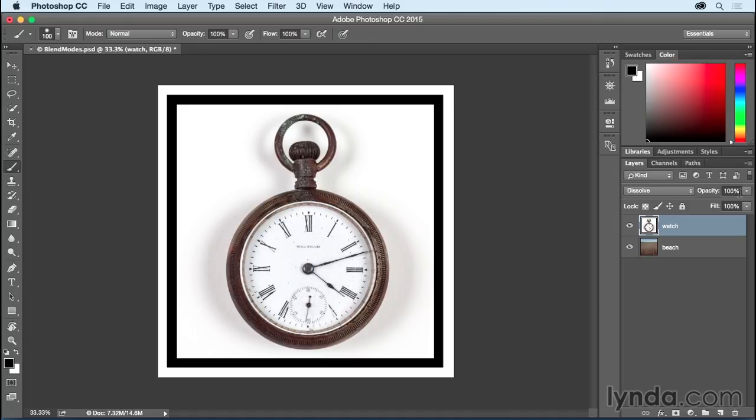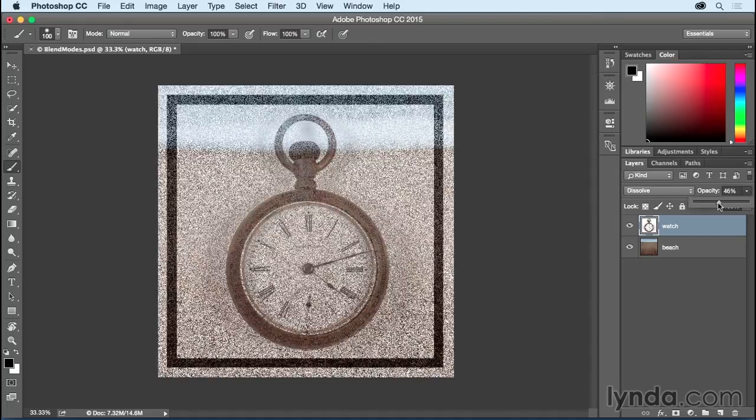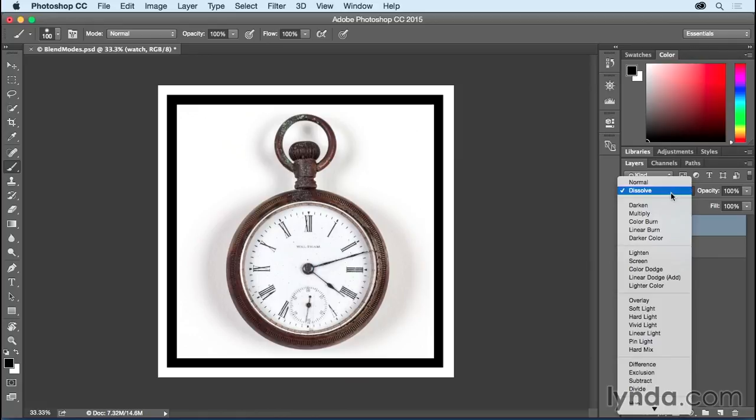Again, nothing happens at 100%. However, this time when I change the opacity for the Dissolve layer, all of a sudden some pixels are randomly replaced, revealing a speckled effect, which is either the blend color, which is the layer below, or the base color. It's never a combination of the two. It's one or the other. So it creates this stippled effect where we can see some of each of the layers. I'll go ahead and return that back up to 100%,